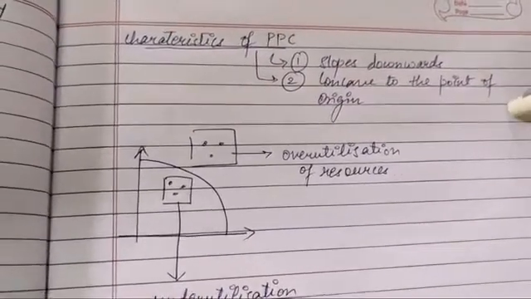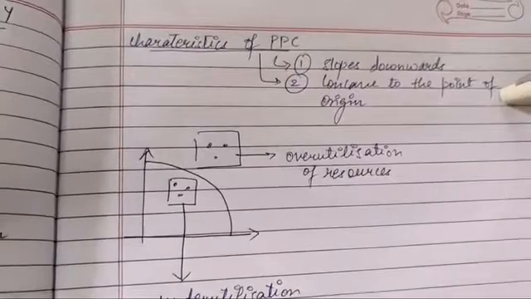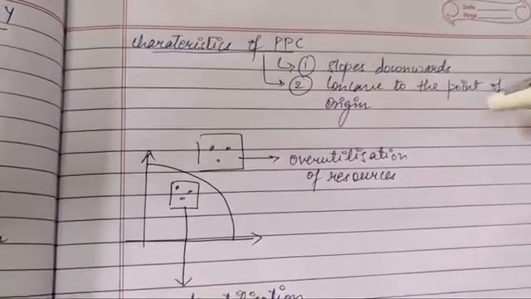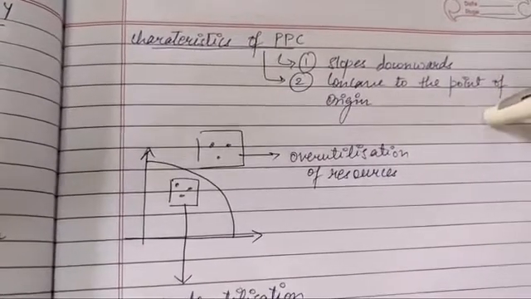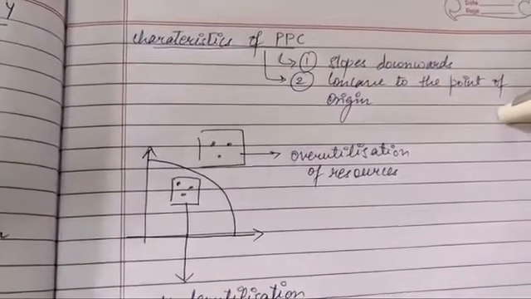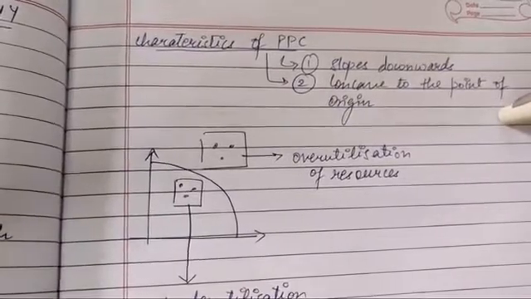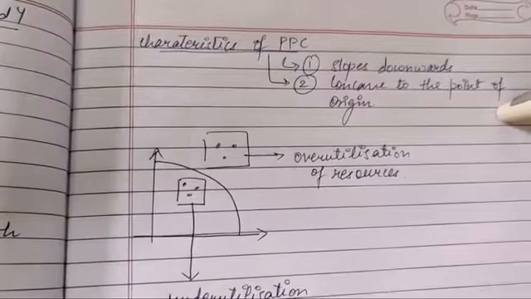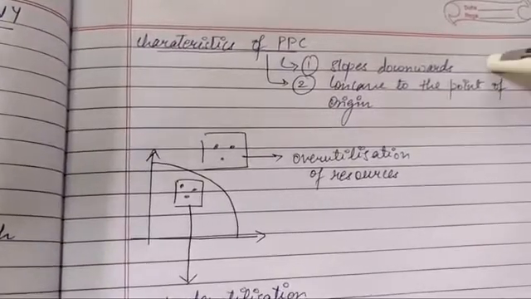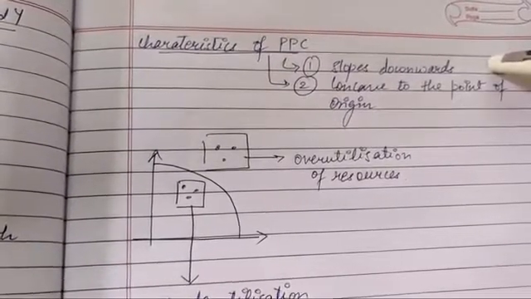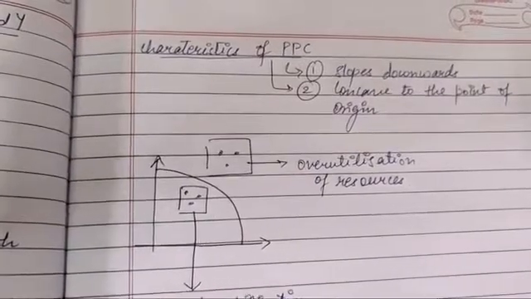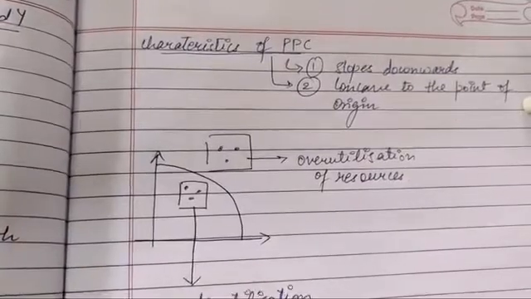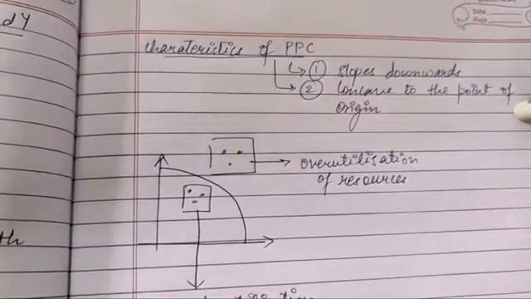When I say the production possibility curve is concave to the point of origin, it is because to produce each additional unit of good X, more and more units of good Y will have to be sacrificed than before. In that way, the opportunity cost of producing every additional unit of good X tends to increase in terms of loss of production of good Y. In other words, the shifting of resources from one use to another obeys the law of increasing marginal opportunity cost.